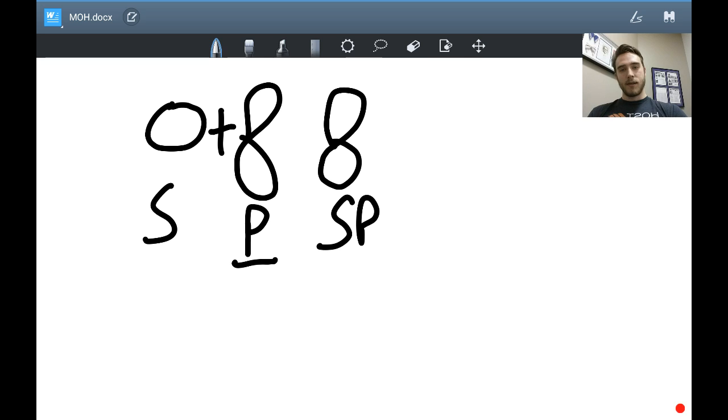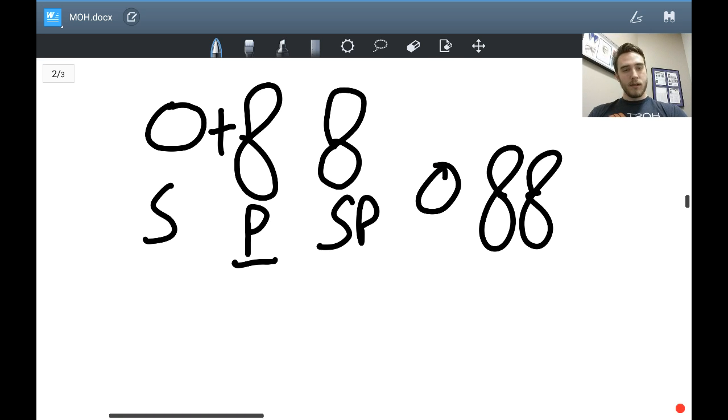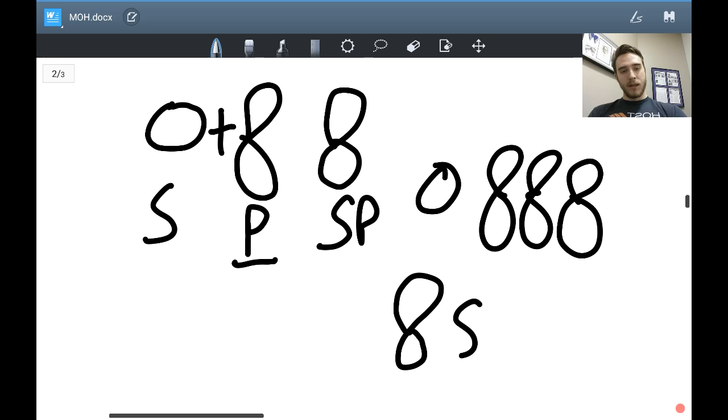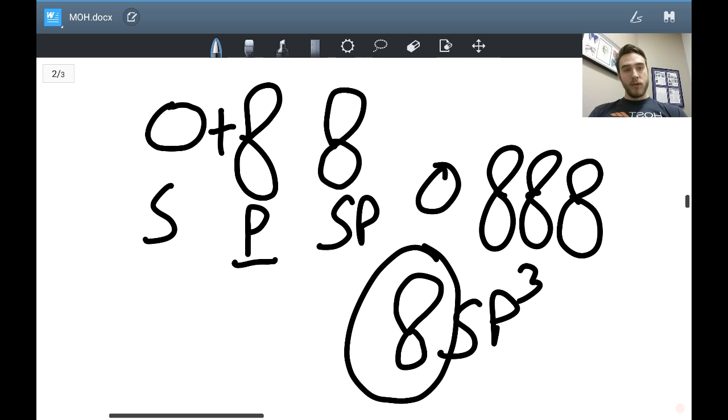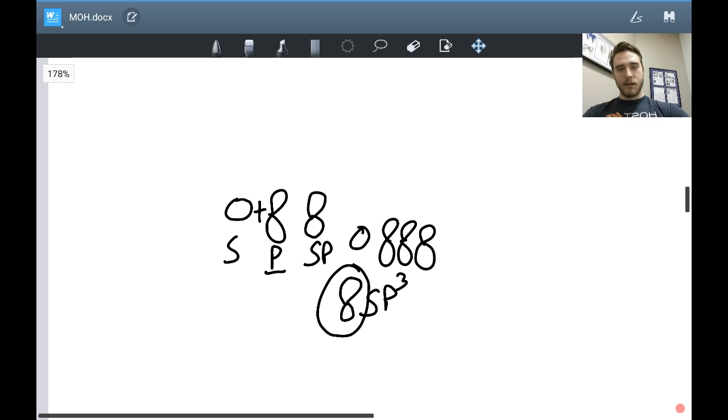So if we imagine an s and 3 p's combining together, we'll get something like this, and we'll call it an sp3, right? That's pretty simple. It makes sense. And this orbital right here will do bonding with other orbitals of other electrons, making covalent bonds, okay? So let's imagine for a second,